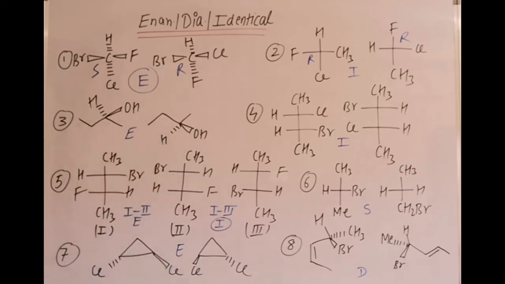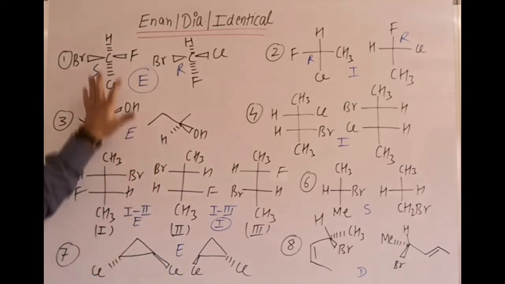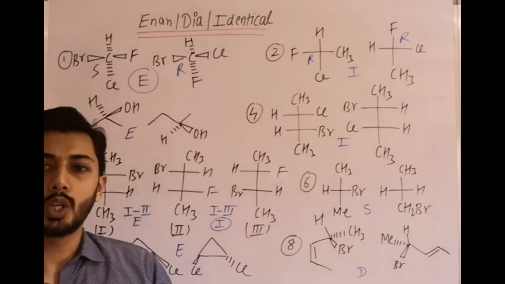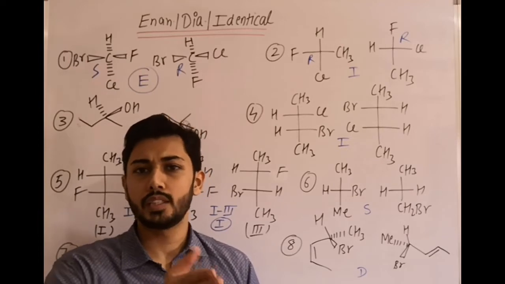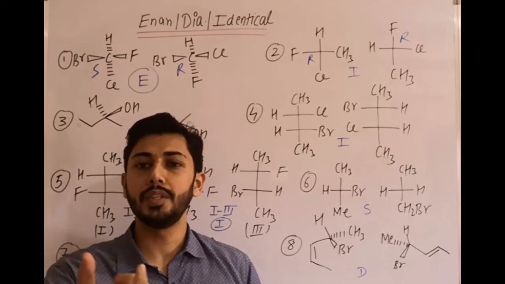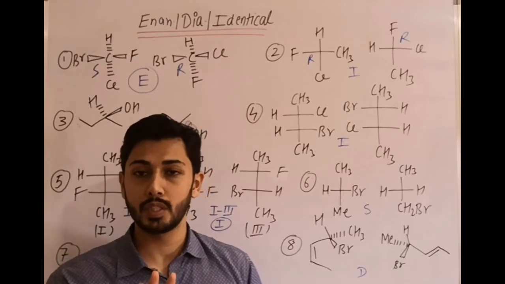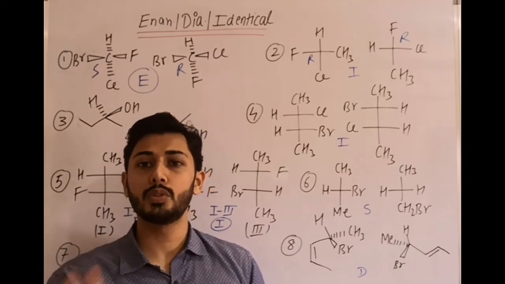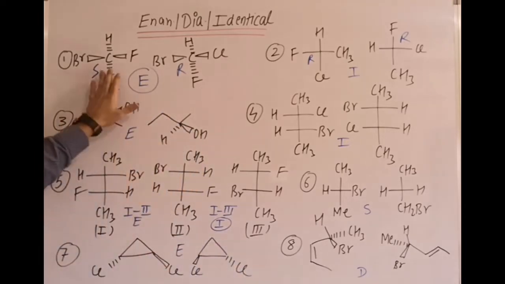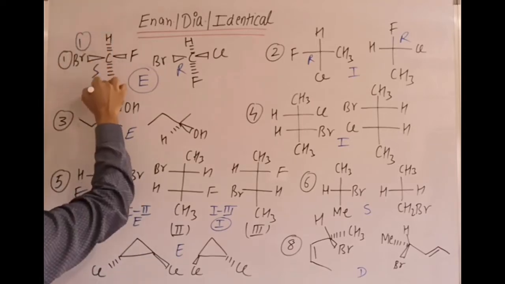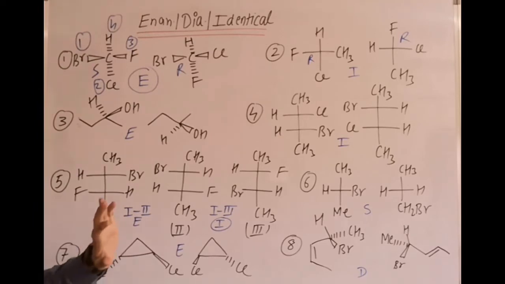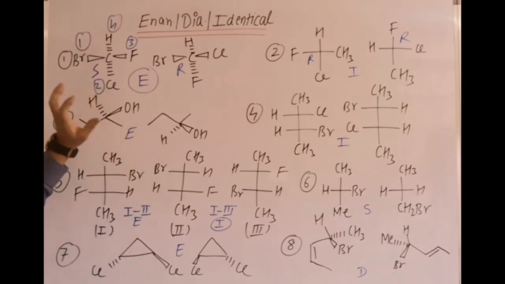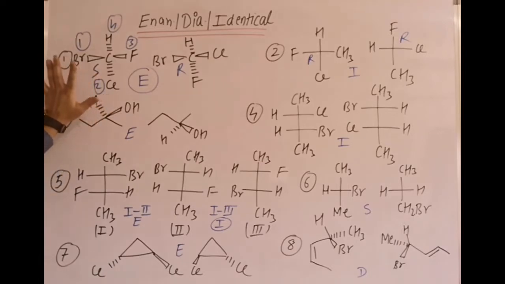Now starting with the first one, I hope you have checked your answers. In the first one, they both have same arrangement of atoms, they are stereoisomers. Now one way I told you is, if one is R, other is exactly opposite, that means they are enantiomers. Condition is they are stereoisomers, and then we check if they have exactly opposite configuration. So here you can see one is S. By writing the priority order, we can see first, then second, third and fourth. Now lowest priority group, I am not telling you the different ways, you remember whatever method you use. I am writing the configuration is S.